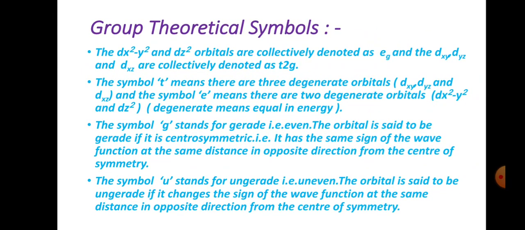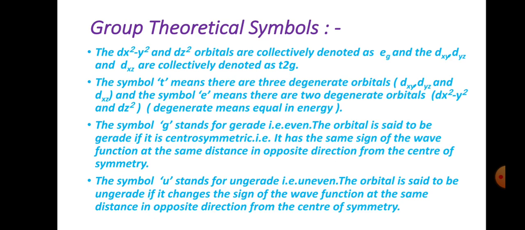Then here we see the group theoretical symbols. The dx square minus y square and dz square orbitals are collectively denoted as Eg, and the dxy, dyz and dxz orbitals are denoted as T2g. The symbol T means there are three degenerate orbitals, that is dxy, dyz and dxz, and the symbol E means there are two degenerate orbitals, that is dx square minus y square and dz square, and degenerate means equal